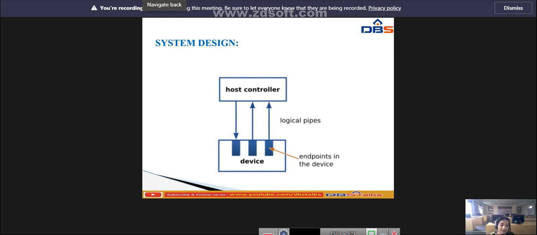The USB device communication is based on pipes. A pipe is a connection from the host controller to a logical entity found on a device, named an endpoint. A USB device can have up to 32 endpoints, though USB devices seldom have this many endpoints. An endpoint is built into the USB device by the manufacturer and therefore exists permanently, while a pipe may be opened and closed. So this is the main explanation of this system design.